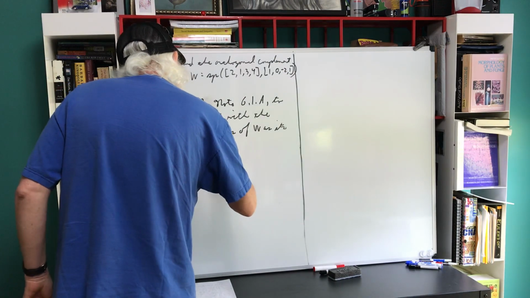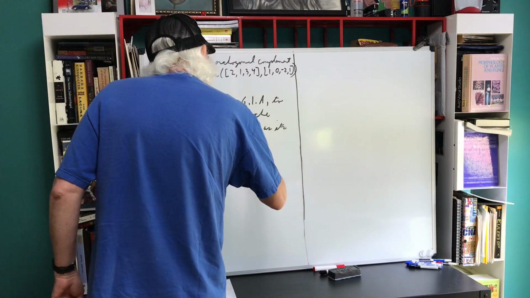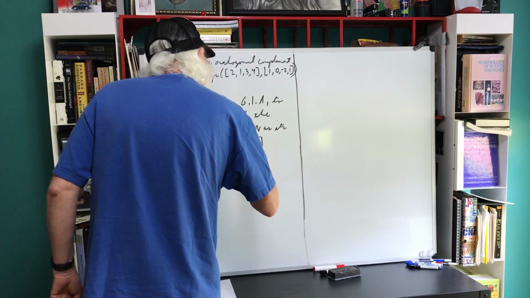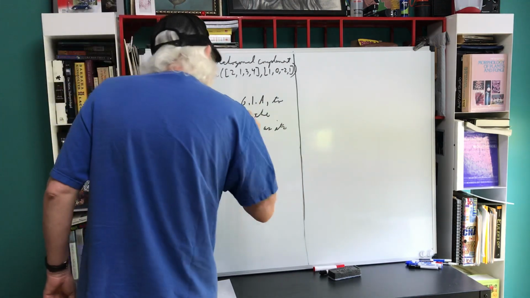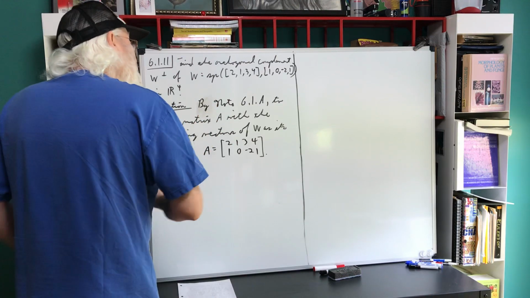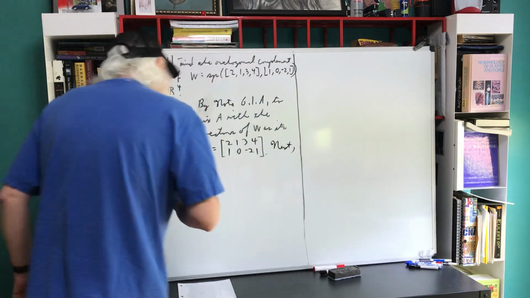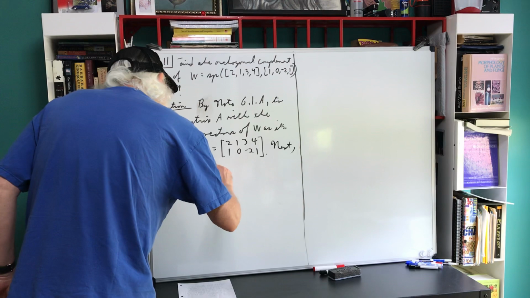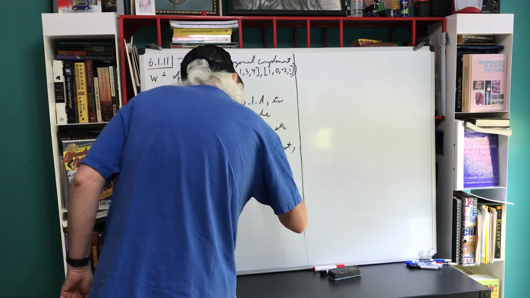Okay, so matrix A would have as its first row 2, 1, 3, 4, and as its second row 1, 0, -2, 1. So by the note we create this matrix. Next, find the null space of A, that is,